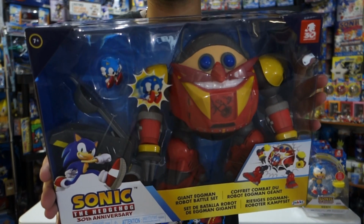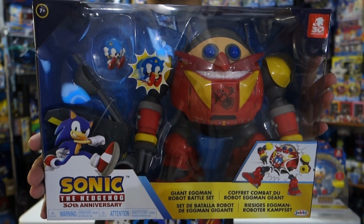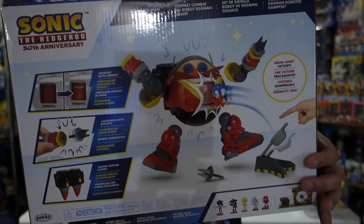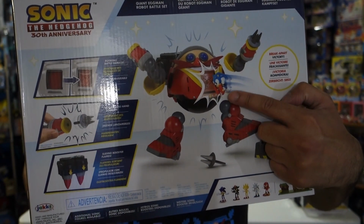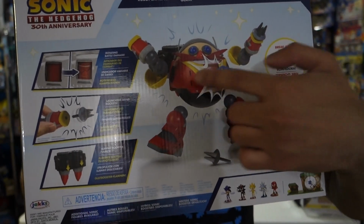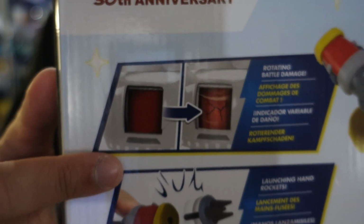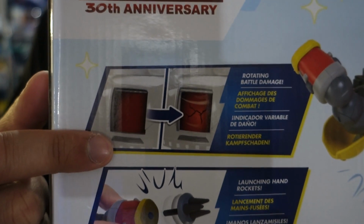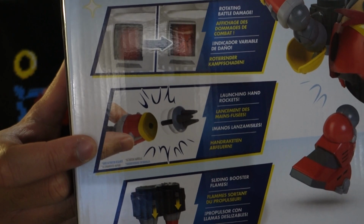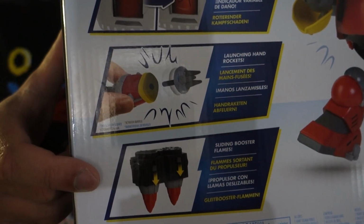So here's the box up close. This can be found in Target for $39.99. So here's the back. It explains how it all works. Catapult Sonic into the Eggman robot stomach, and his legs and arms kind of fly off. And you can rotate the battle damage apparently, so you can make him invincible or not invincible. And of course you can shoot his arms off, and his rocket boosters do slide up and down,